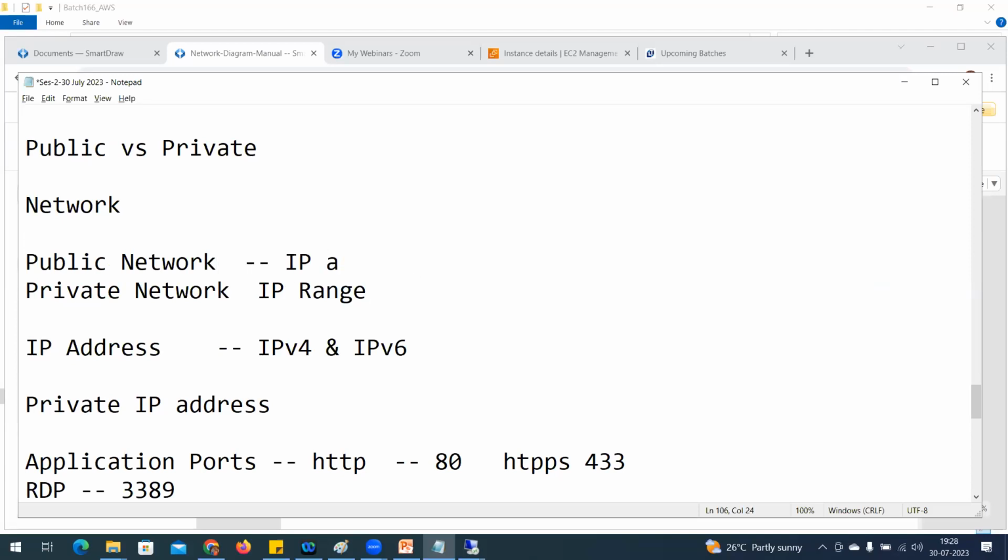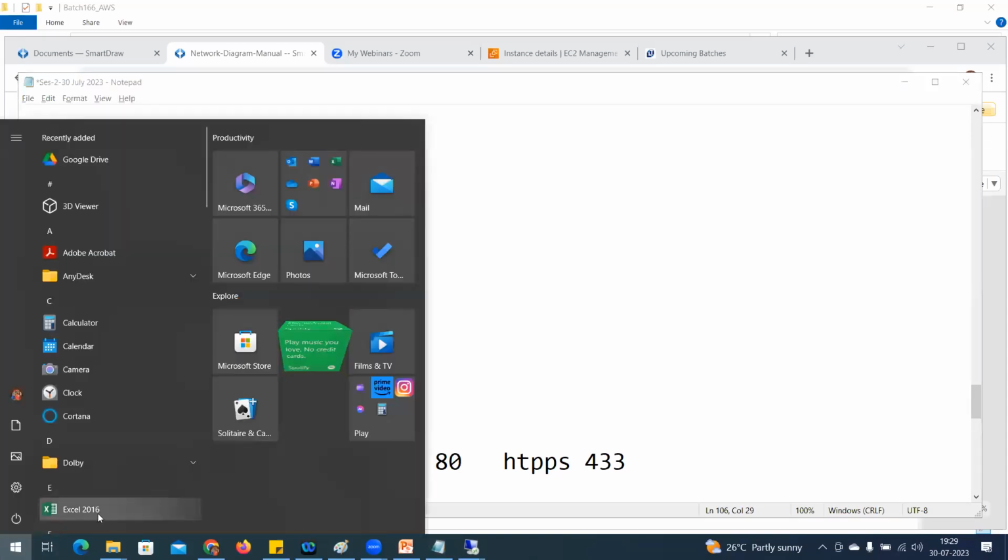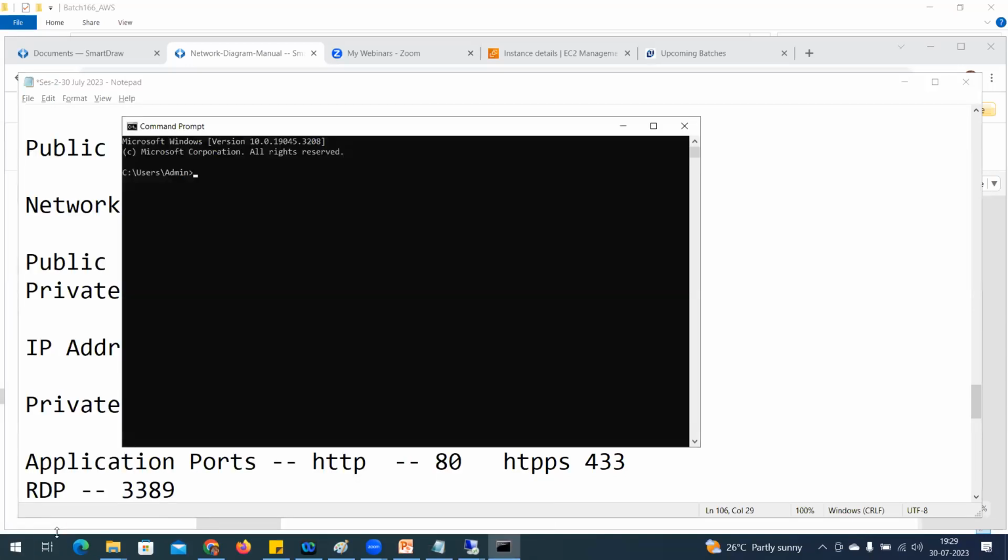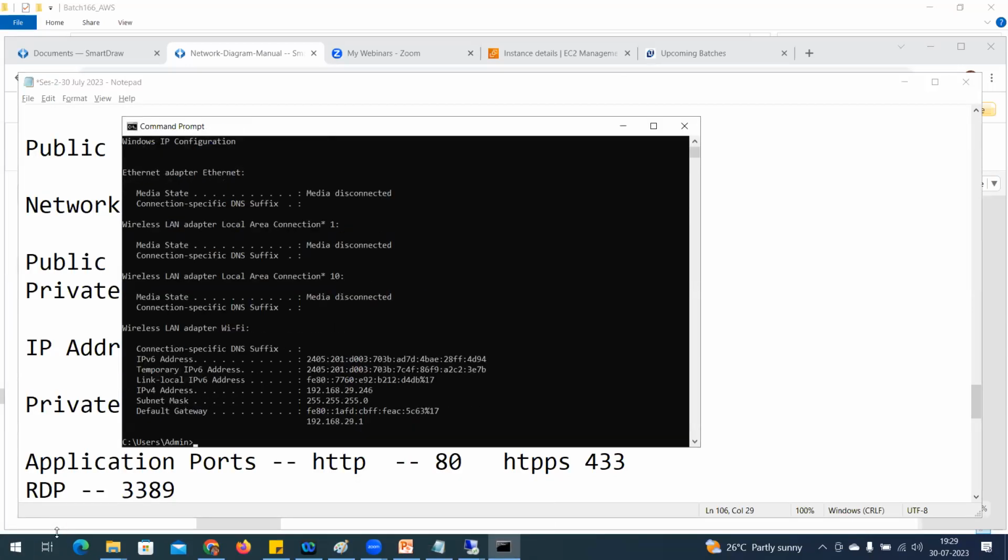Okay, so all internet... your home is going to have a router. What is that going to do? If you open your laptop, I'm going to open my laptop and showcase ipconfig. What is my IP address? See here, my IP address is 192.168.29. What is this? This is a private IP address. But how am I going to access the internet?